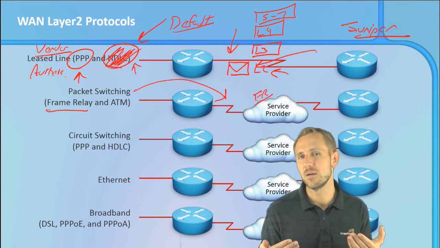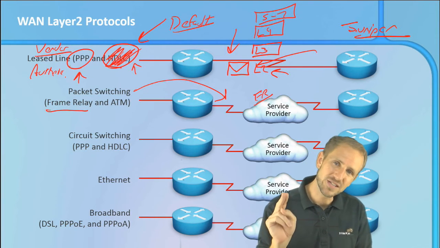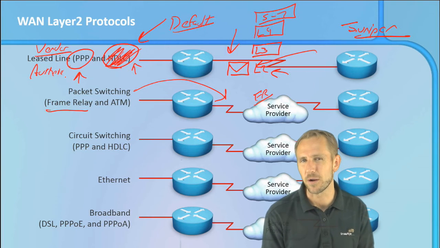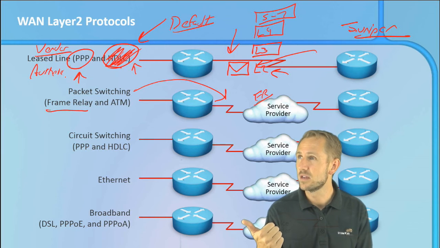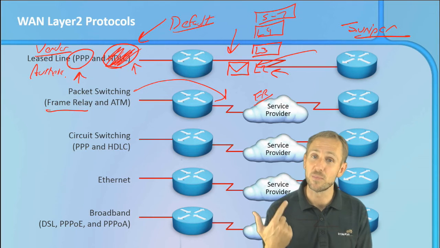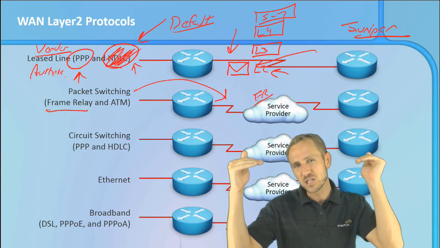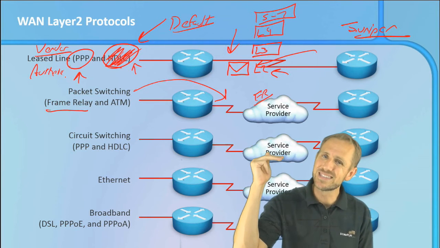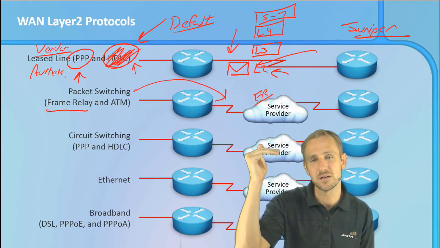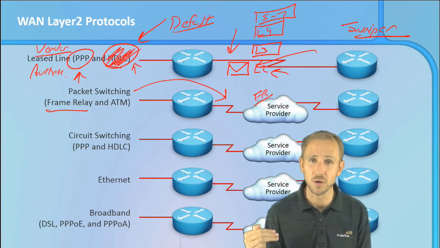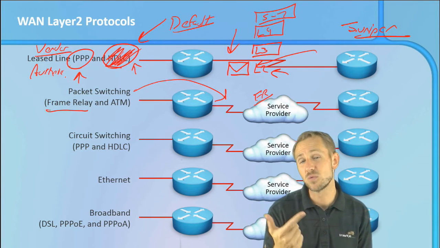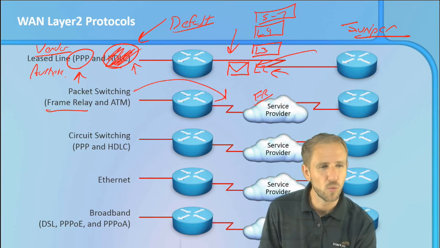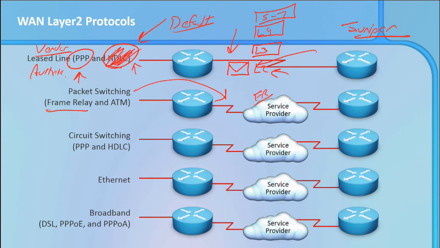So PPP, this is the most important thing, provides authentication at layer 2 of the OSI model. We've got lots of ways to authenticate, right? I authenticate to webmail, I authenticate to my bank account online, I authenticate when I log into my computer, but all these things are happening much, much higher. They're at the application layer of the OSI model. What's so cool about PPP is it has the authentication process, and it's not at layer 7, it's all the way down here at layer 2. So vendor interoperability as well as the ability to do authentication. So we'll get into the authentication a little bit more as we continue through this.